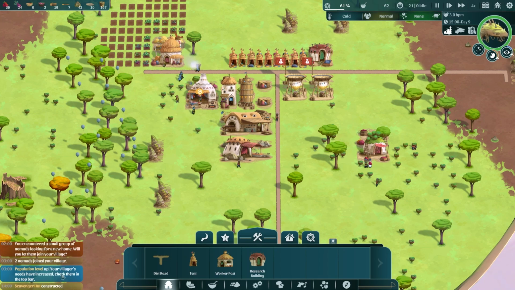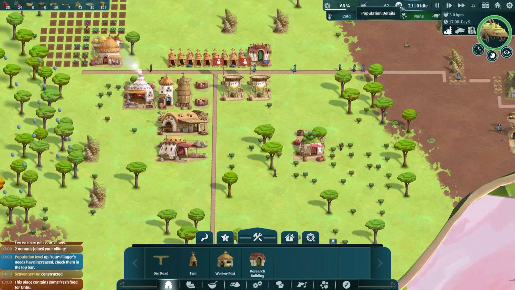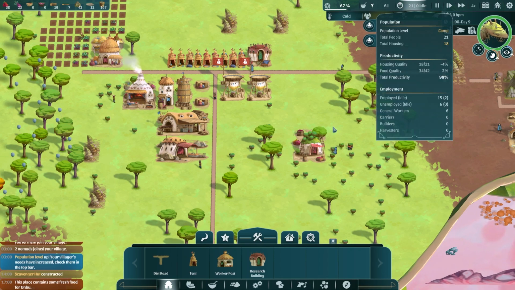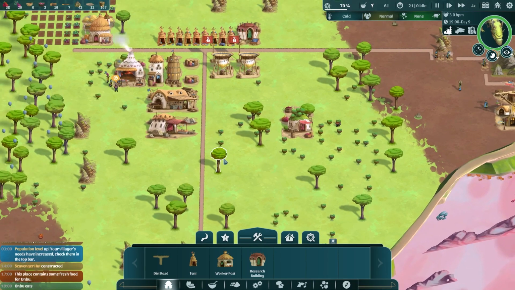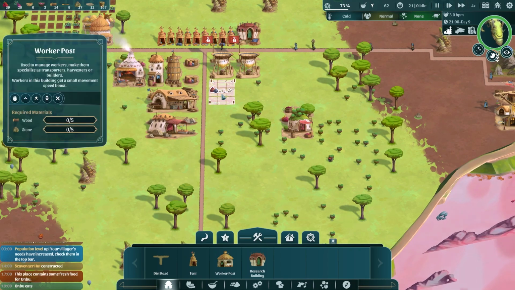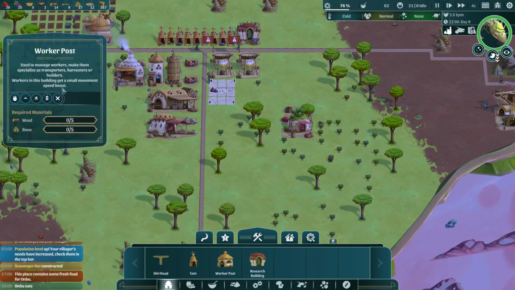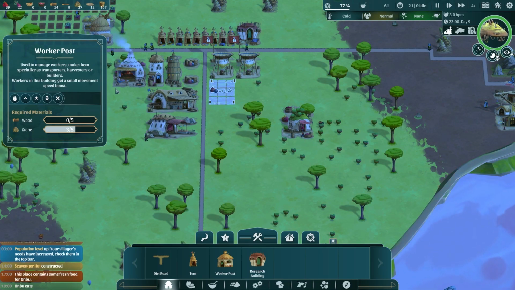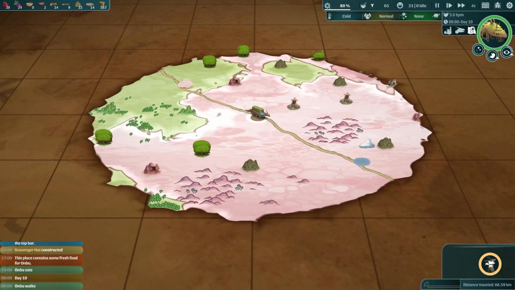Right, population level up. Your villagers' needs have increased. Check them in the top bar. Okay, that's fine. We are okay with this. My villagers are just individuals. They're happy at the moment, which is marvelous. Very, very nice. We like that indeed. Now, I was also going to get a workers post. It's the only building that I haven't got thus far. Used to manage workers, make them specialize as transporters, harvesters, or builders. Workers in this building get a small movement speed boost. It's very, very good. Everybody can move everything, but